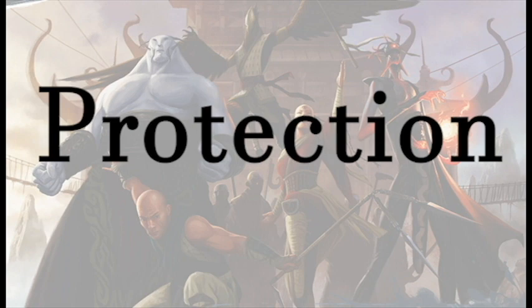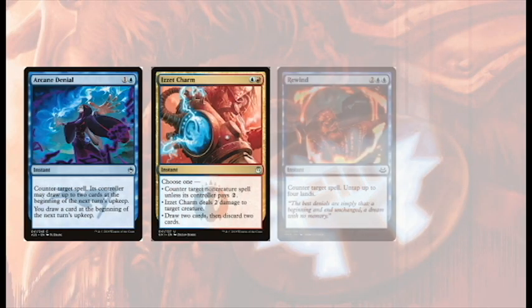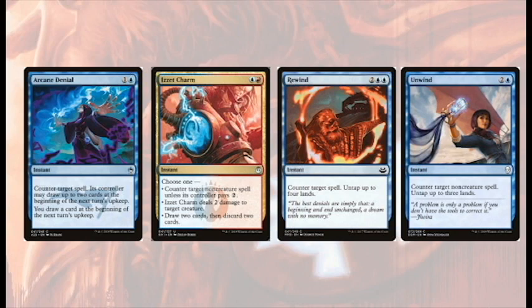Now, I don't usually run protection packages, but this time I'm making an exception because this deck is a bit of a unique design when it comes to EDH. We need efficient and effective counterspells in here. We run Arcane Denial, Izzet Charm, Rewind, and Unwind. And we run the latter two because we have a lot of instant speed draw to back up our protection